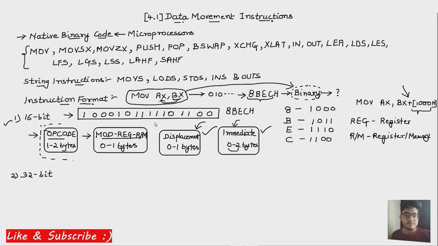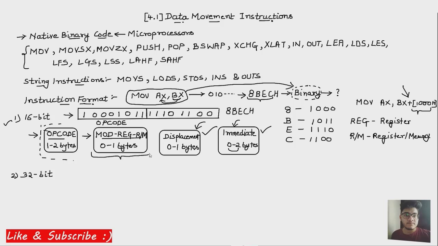In these 16 bits, the first 8 bits, which are from here, 1, 2, 3, 4, 5, 6, 7, 8, till here, are the opcode, right? You can see in this instruction format the opcode is here. The rest of the 8 bits are devoted to this section,